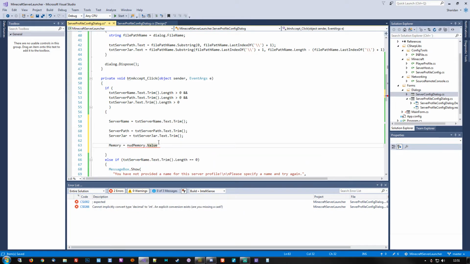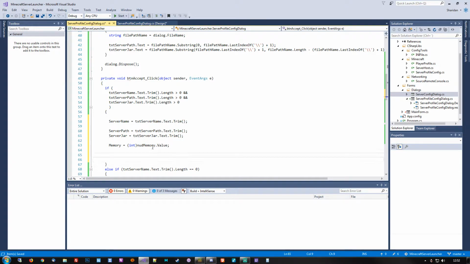Now, if we take a look at this, we can see that a numeric up-down actually is a decimal. It's not an int. So we need to cast this for it to convert properly. So we'll cast it to an int, which is basically a numeric conversion. And that's it. And the final thing we need to do, and here's the really cool part,